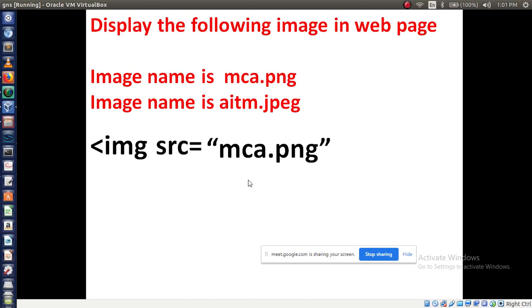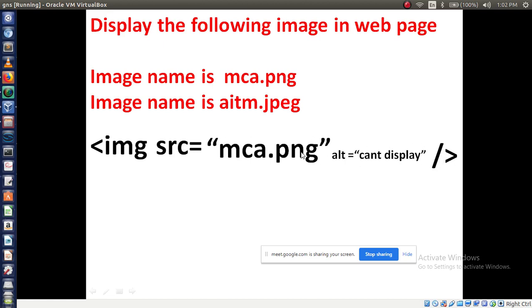Then choice is yours. You can write alert, you can write "can't display, sorry, no image", like that you have to display. There is no problem. After writing this, the important thing is to close the image tag. This is closing the image tag, slash followed by angle bracket. Understood this concept?